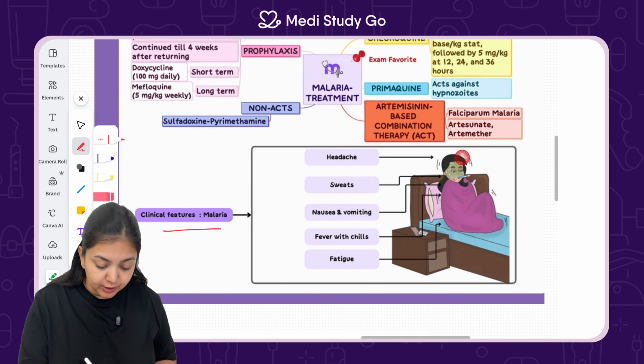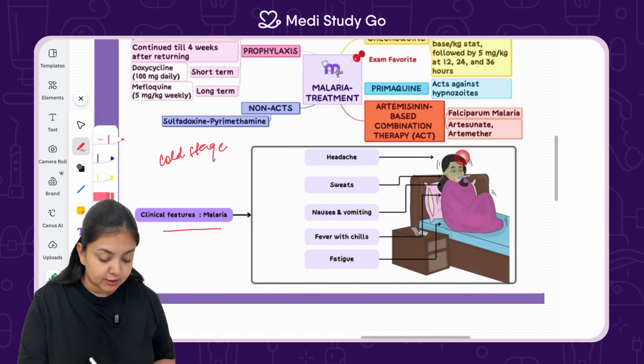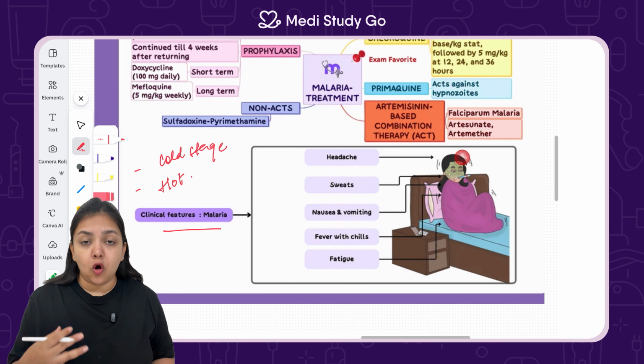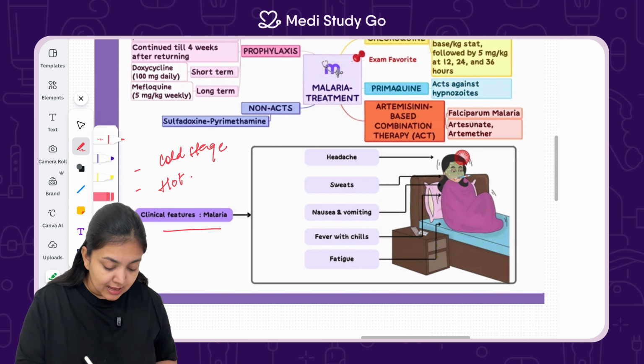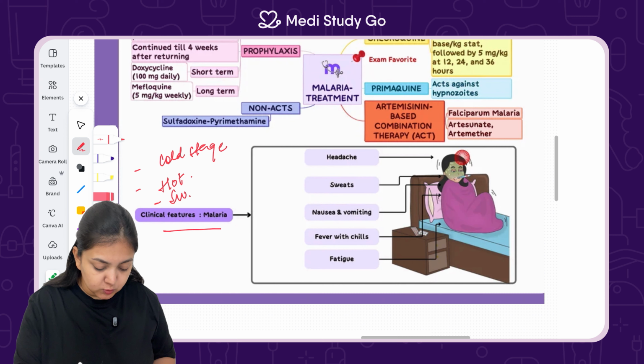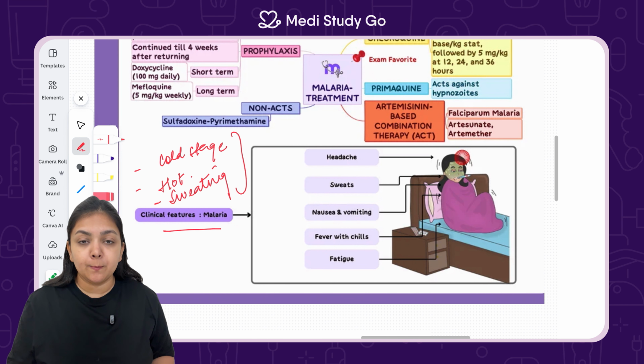So obviously it is going to start in the cold stage, where fever and chills will be present, followed by the hot stage, wherein the patient is going to feel very hot, and sweating is going to be present. And lastly, there is going to be the sweating stage. So these are the three stages which compile the clinical features for the disease of malaria, and these include headache,